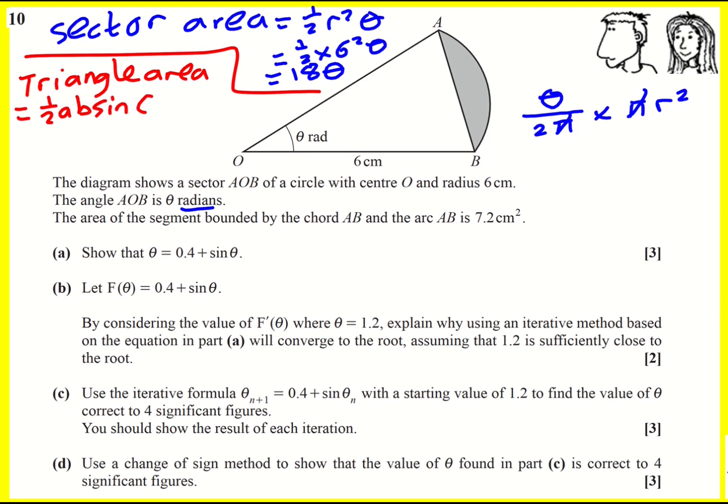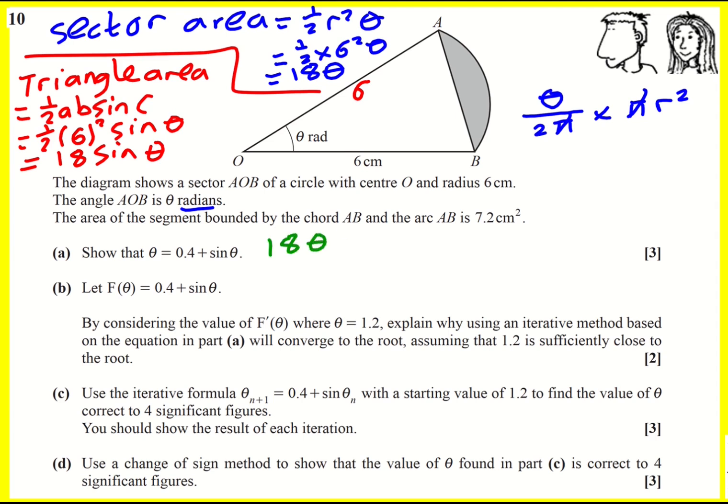I'm not going to actually label my triangle. The main thing is that it's always two sides. By the way, this is also 6 because it's a circle. Two sides and then the angle in between that you do sine of. So it's going to be a half times 6 squared times sine theta, which is going to become 18 sine theta. And we're nearly there then, so it must be that